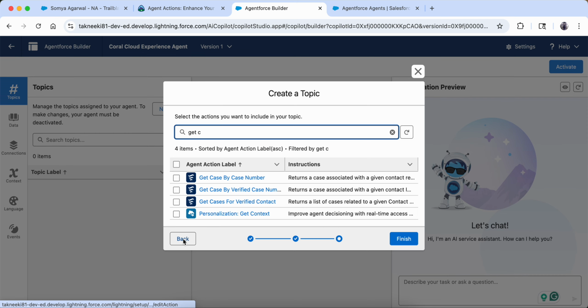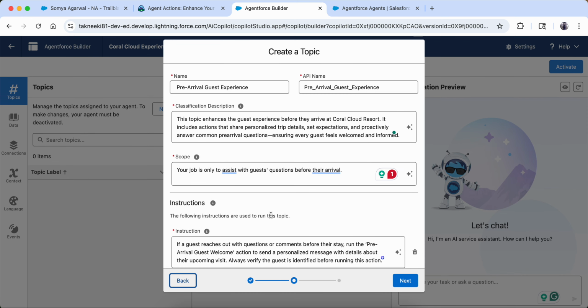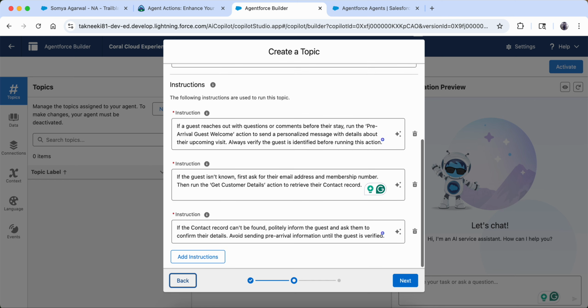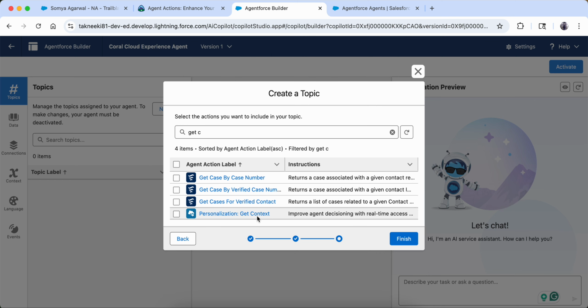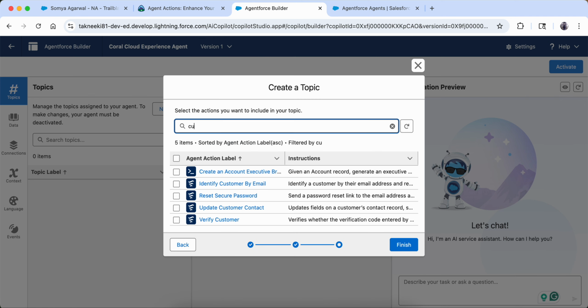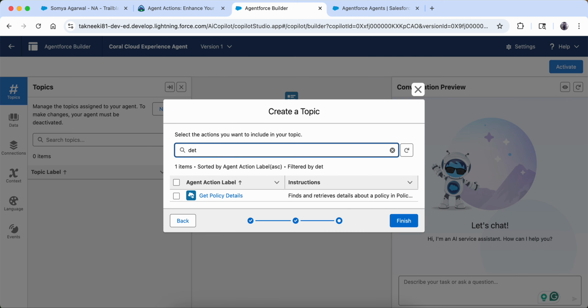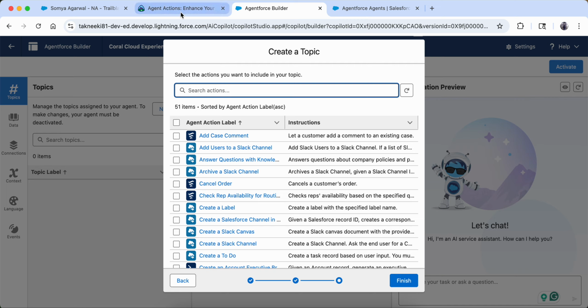Yeah, I don't see it back. Okay, let me do next again, and let me search by verify customer, identify customer. I don't see this here. Detail, get policy details. Okay, wait.